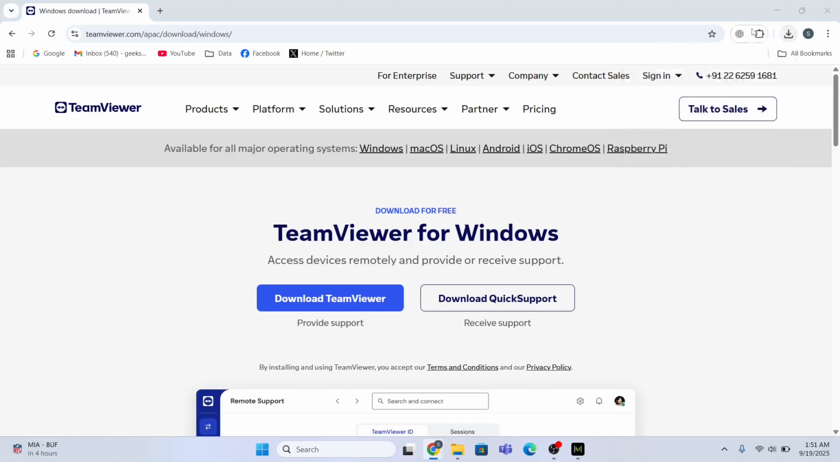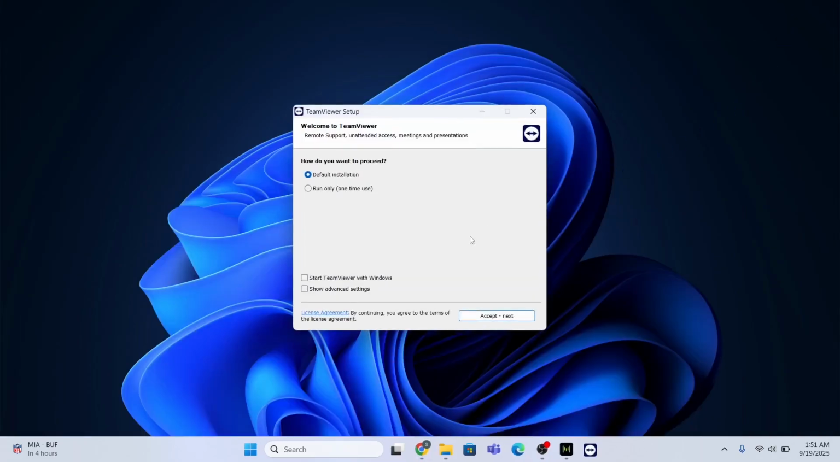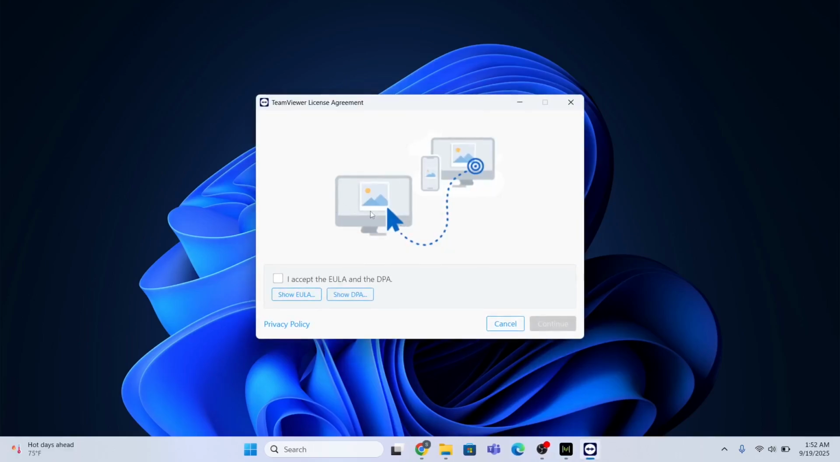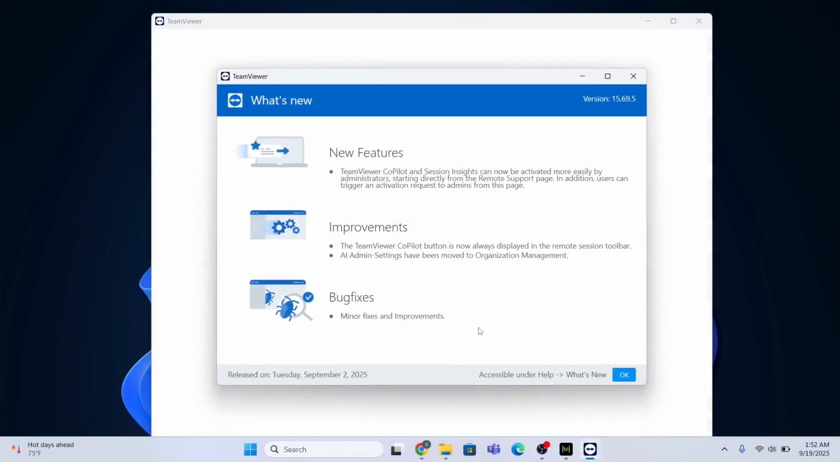So let me just open the exe file from here, and just wait. Default installation. So accept, next. Click yes, and the installation process has been started. I just need to wait until this is done. After that, I will click I accept, and I will click continue. Click OK,